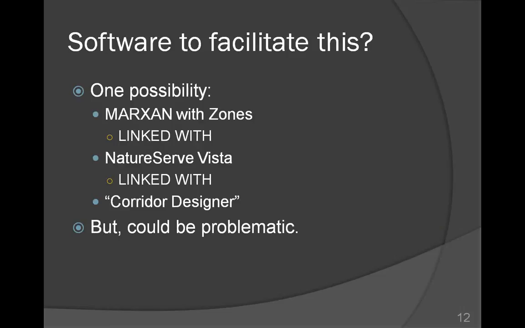system. So in looking at software to facilitate this, when we were just first starting looking at how to incorporate all these different things, and I was tasked to build a decision support system there in South Africa. One possibility was to piece together some existing software tools, such as Marxan with Zones, which allows you to look at those different types of conservation strategy. NatureServe Vista is really good at looking at the conservation value of individual areas and comparing different sites. There's different algorithms, software out there such as Corridor Designer, which look at making connectivity between your